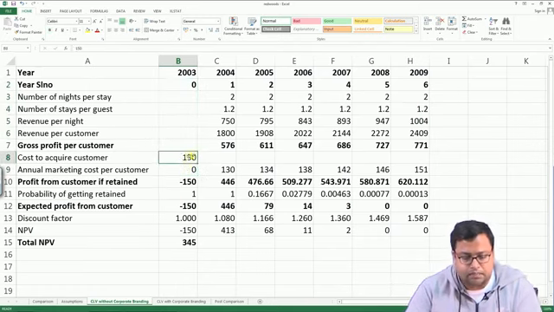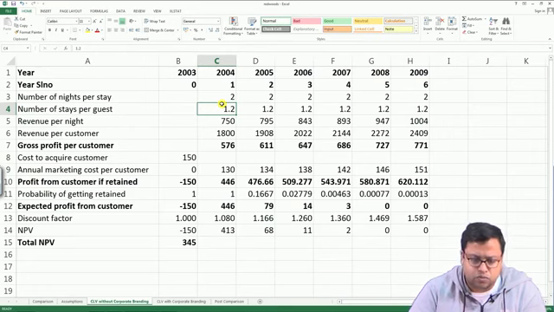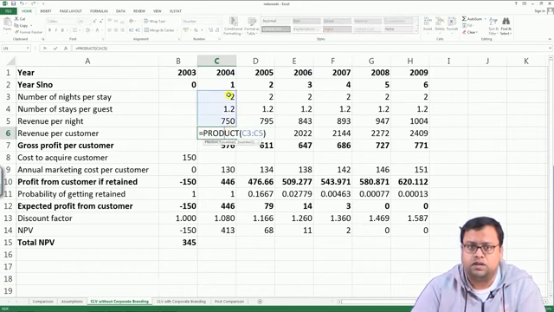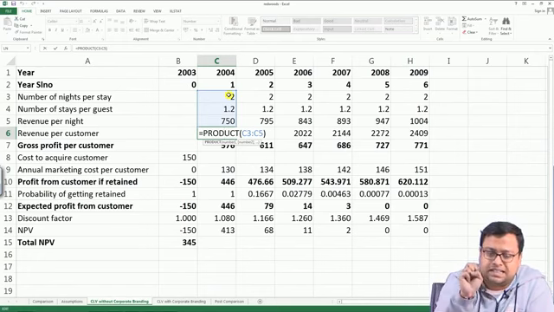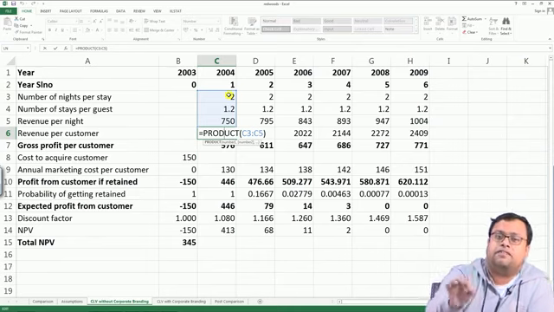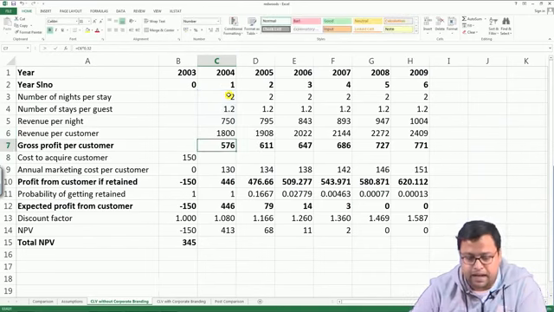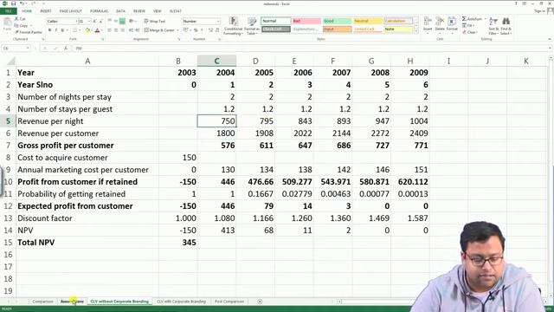0. But in the second year, this guy stays for 2 nights, and the average number of times he comes is 1.2, and per night his spend is 750 rupees. So, revenue per customer is nothing but the multiplication: 750 rupees per night, 2 nights on average you stay, so 1,500 rupees, and 1.2 times on average you come to me. Then, multiplying by 1.2 comes to 1800, and this particular value is increasing at a rate of